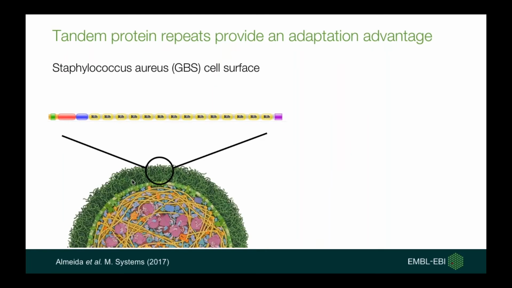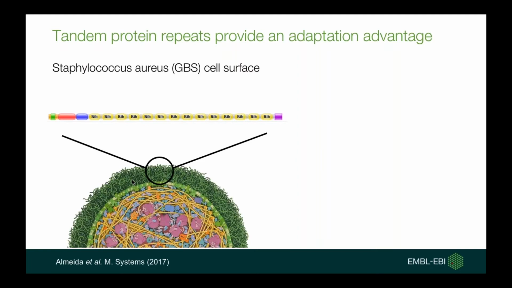In addition, and a bit more relevant in bacteria, these tandem repeat proteins provide an easy mechanism for the organism to adapt. For example, in Staphylococcus aureus, the cell surface protein Rib contains up to 10 or 11 tandem Rib domains, and they are highly identical, so that the bacteria, through some